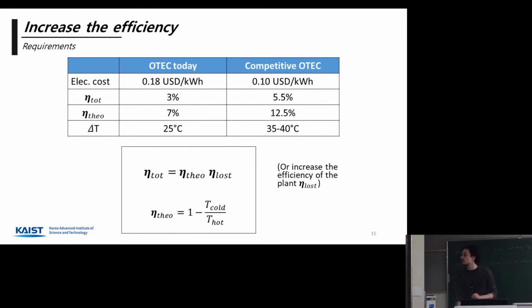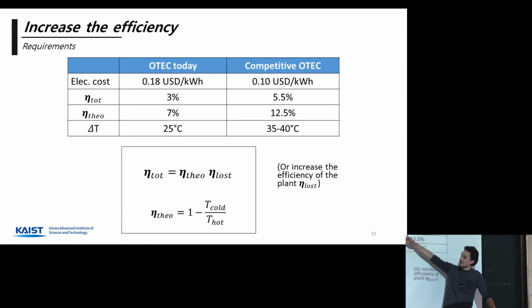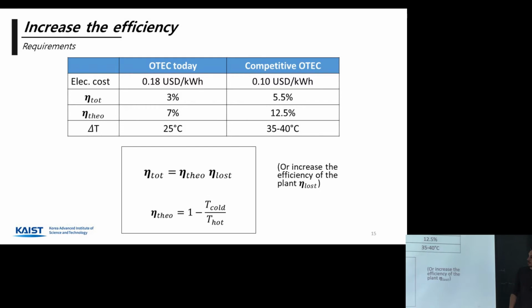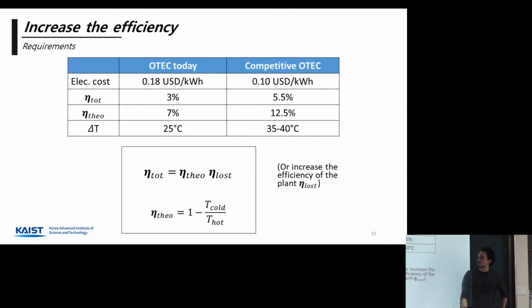So for today's case, we saw that it was 18 cents per kilowatt hour, which gives a total efficiency of 3%, which is really, really low. And the theoretical efficiency, this one, because of the temperature delta T of 25 degrees, is only 7%. And to reach this goal of 10 cents per kilowatt hour, we need a total efficiency of 5.5%. And to reach this, there are two ways. We can increase